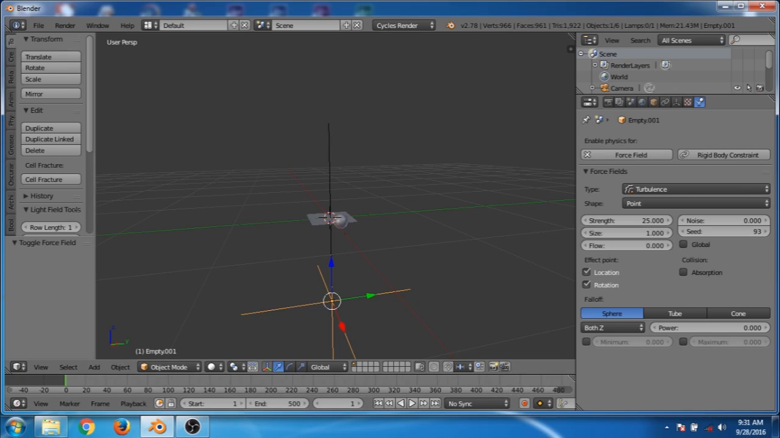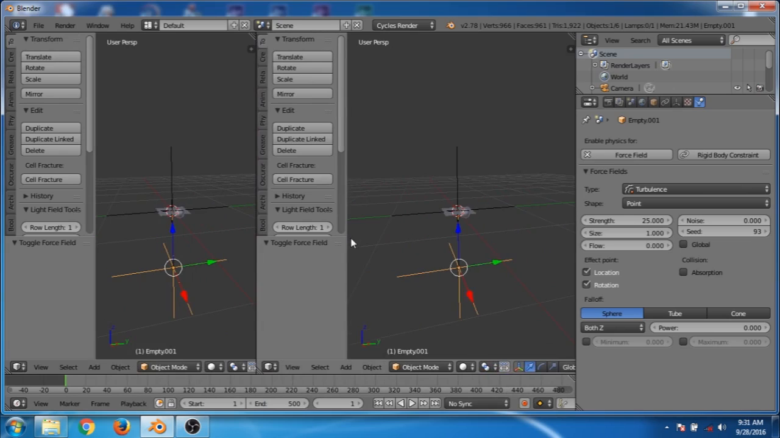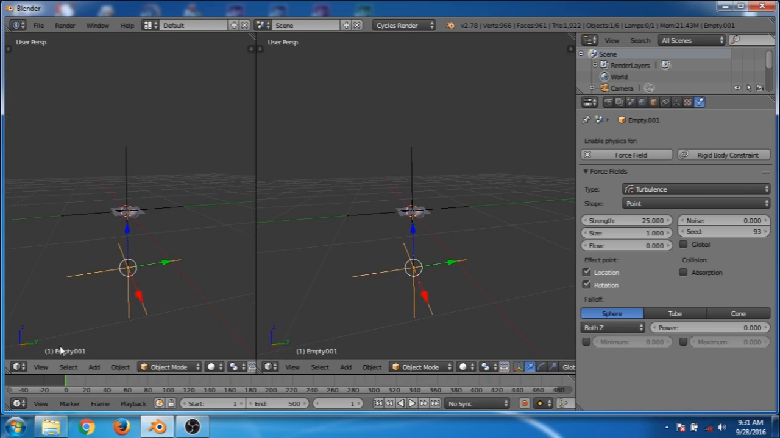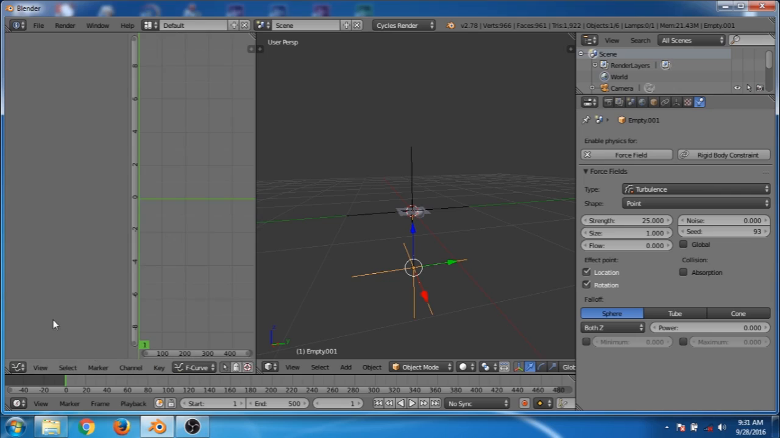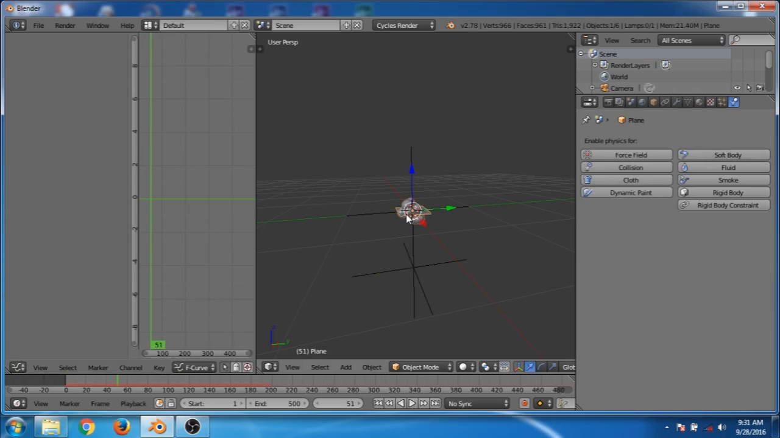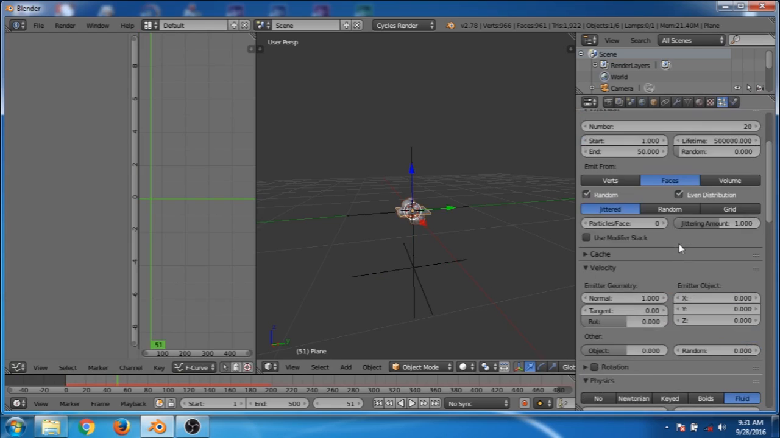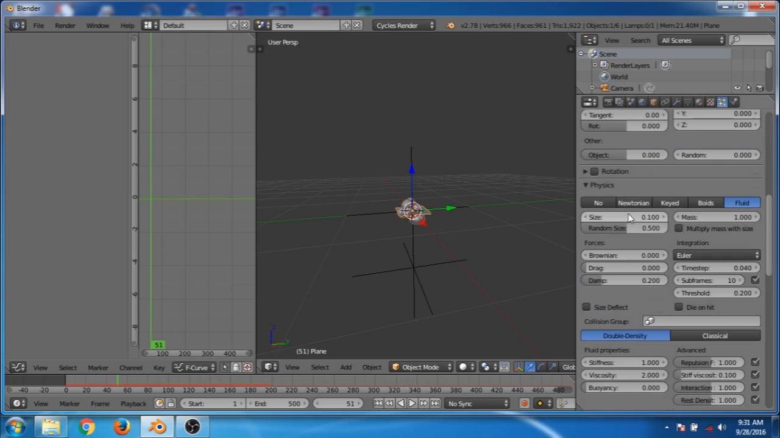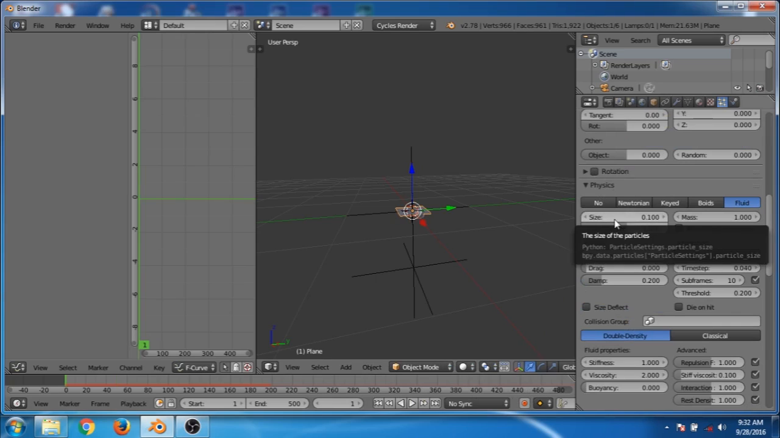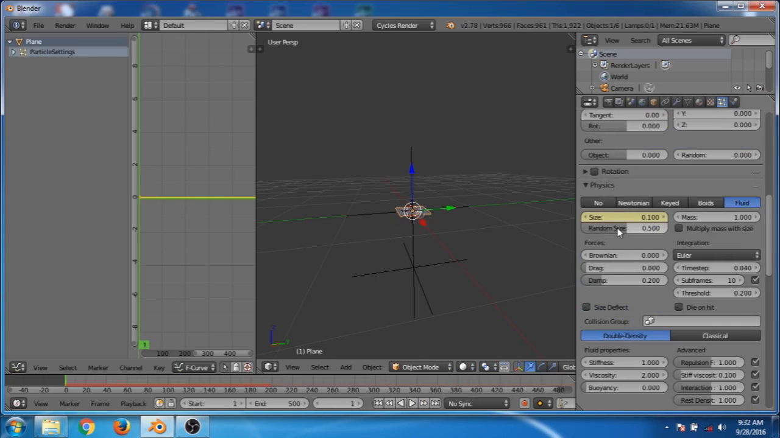Now split the window into 2 parts and open graph editor. Select the emitter. Click on the particle setting and then go to the physics setting. We go to the first frame and then press I to insert a keyframe to the size and random size of the particles. Now go to the frame number 51 and then select the particle size and random size and